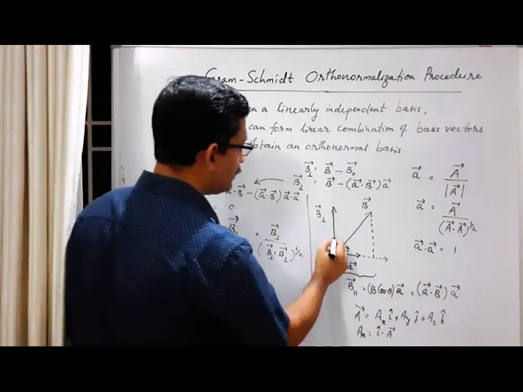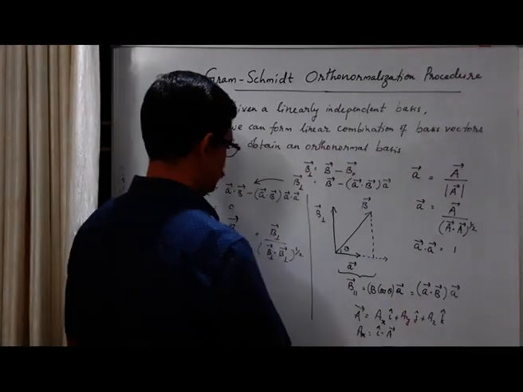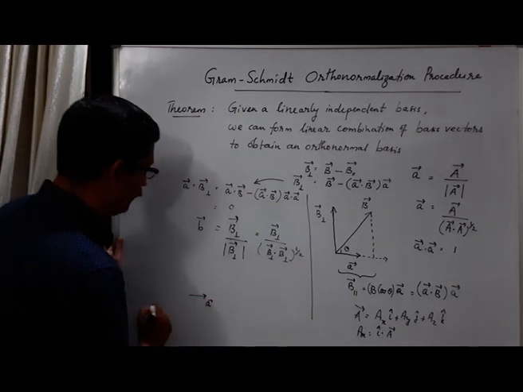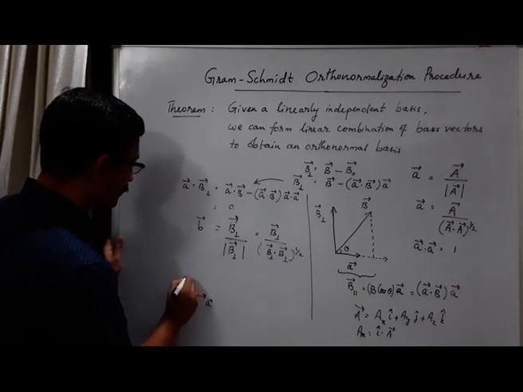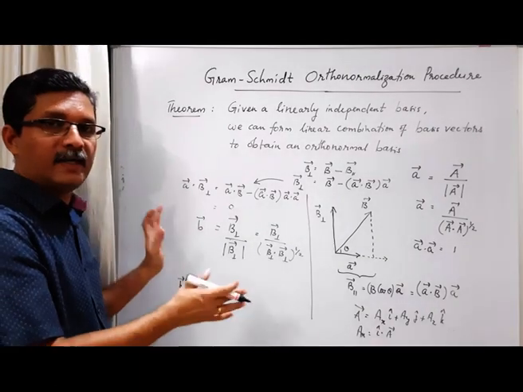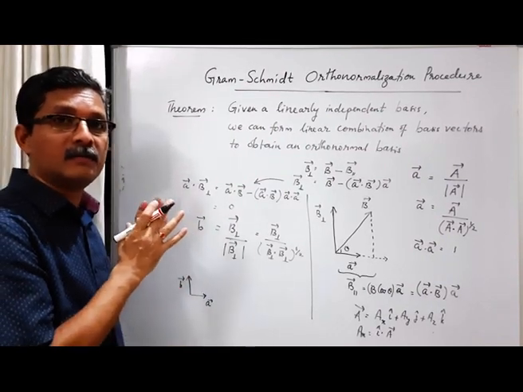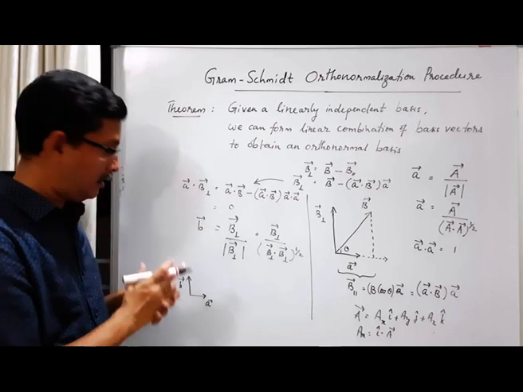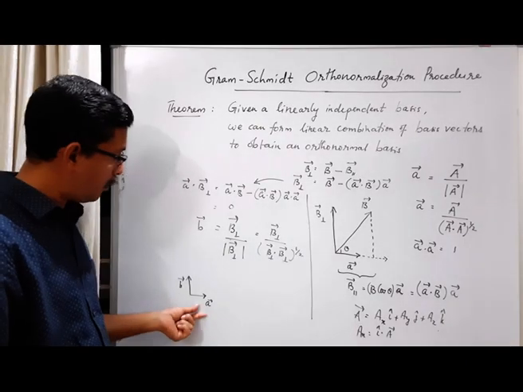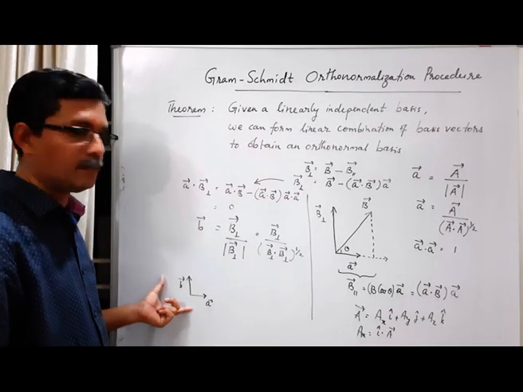Okay, let me mark it here. I will draw it here. So this is our small vector A. Okay, let us say this is our small vector B. So we started with two vectors capital A and capital B, which are linearly independent, but which are neither normalized nor orthogonal. Okay, but from that we constructed an orthonormal set of vectors. Now small a and small b are normalized and they are orthogonal to each other, mutually perpendicular.